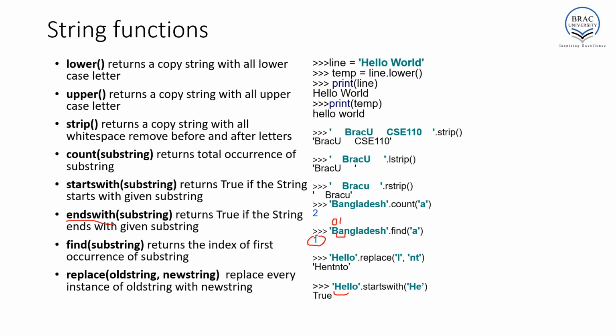The last function we'll be looking at is the replace function. Here we will get two string arguments. In the first, we have to provide the old string and then comma, then a new substring. This replace function will replace every instance of the old string with the new string, meaning if I invoke the replace function on this string hello and my old string is